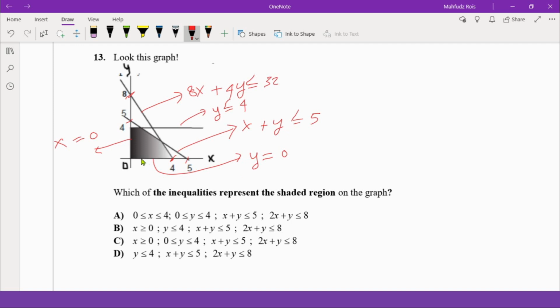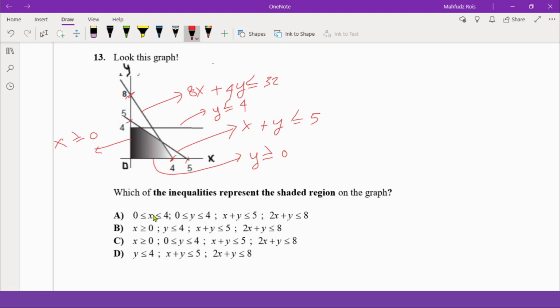And this one, for y equals 0, the region is above this line, so it will be greater than because it's positive. And this one to the right is also greater than. The region of x equals 0, the region to the right, means greater than. Okay,